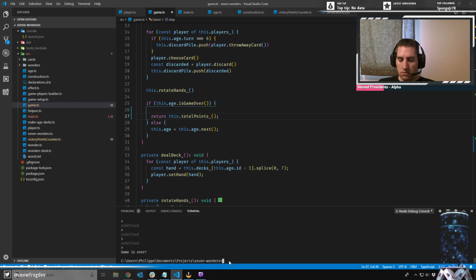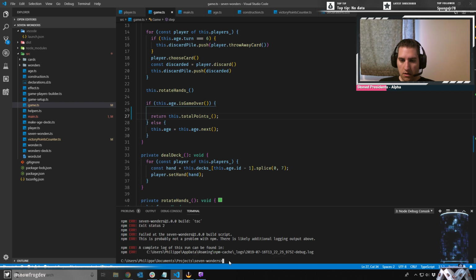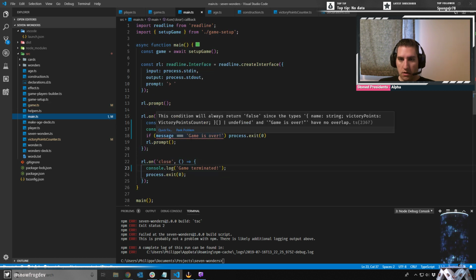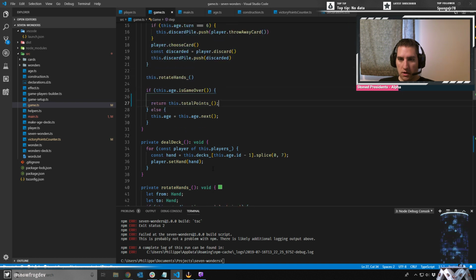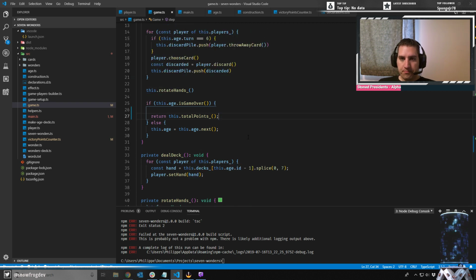Let's take a look at what this would do. Looks like we've got a problem here. Of course. This is indeed a problem. Can't be returning an object and then returning a string. So I could probably always return